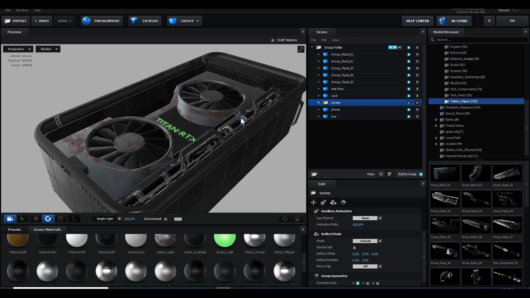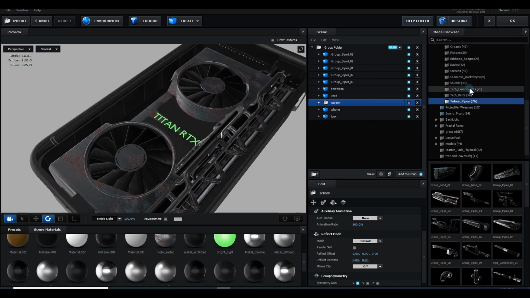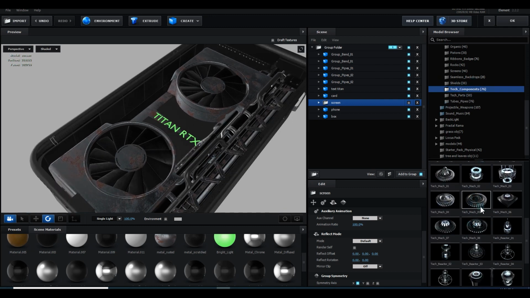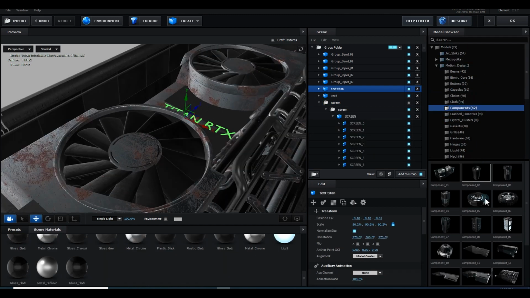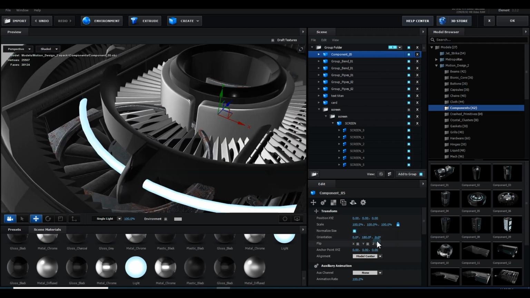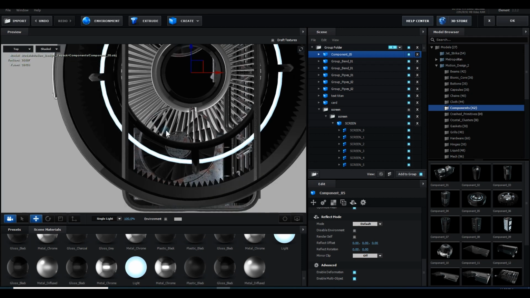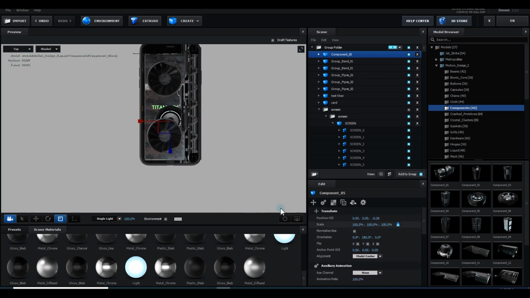Then again hide it, and let's install a GPU fan, an RGB fan. Let me show you how you can do it very easily. Go to take components again, and you can install any one like this one or any one which you want. Components, and let me install this one. Normalize size and optimize mesh checked on always. Go to the top view and just scale them out, or you can just normalize the size of it.